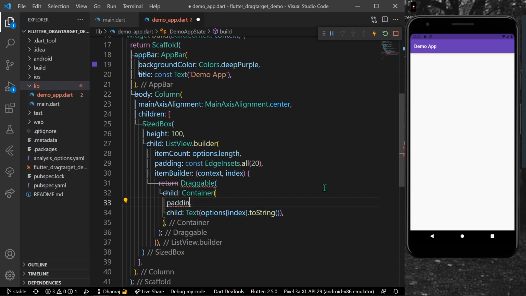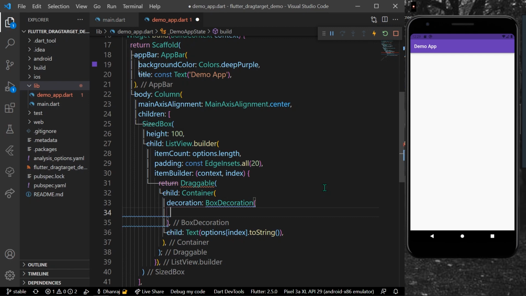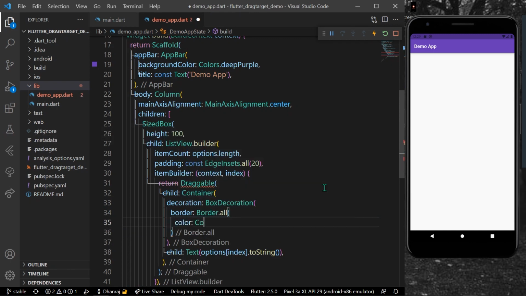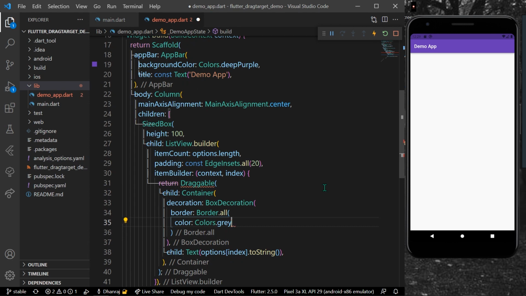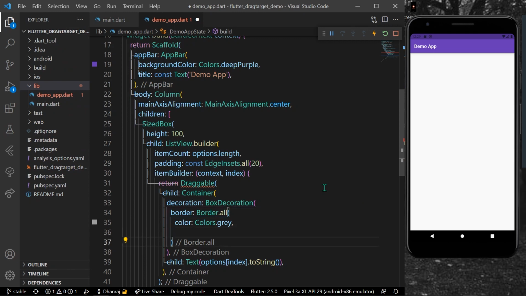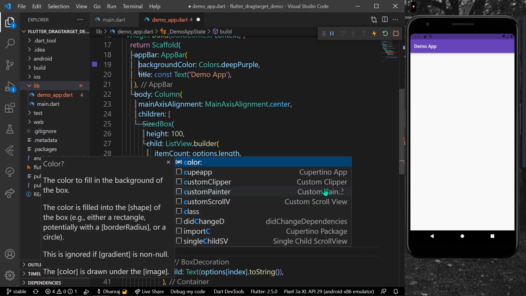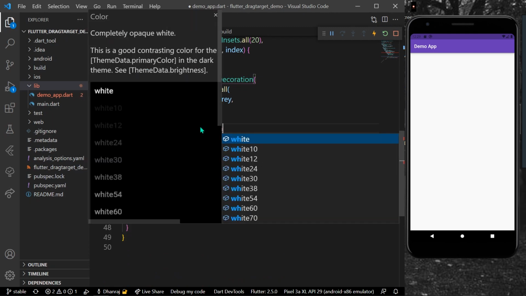For it we can use a decoration, which will be our BoxDecoration, and I'll give it a border, Border.all, with a color of Colors.grey. Then we'll give it a background color, Colors.white.